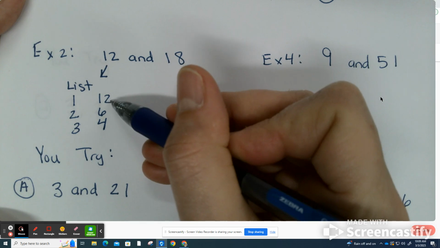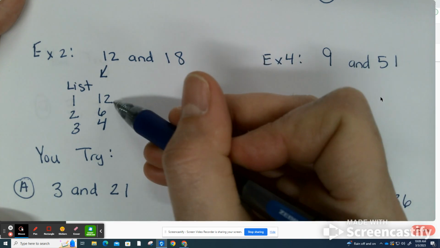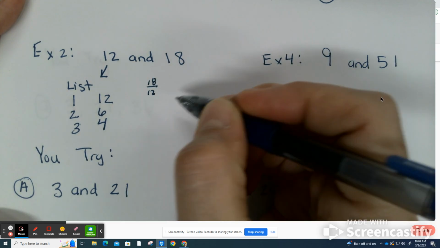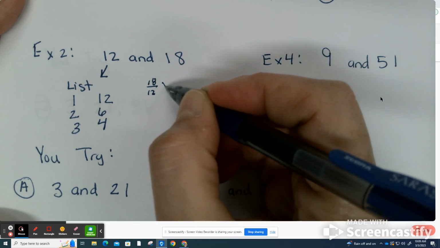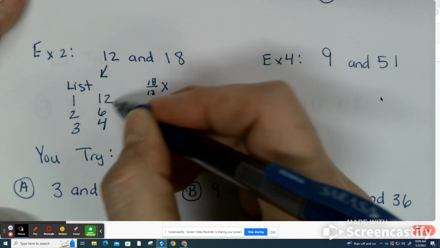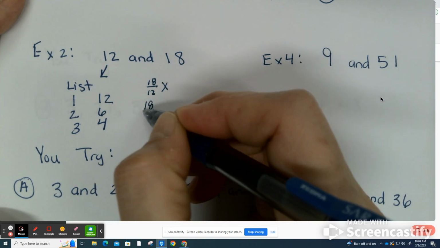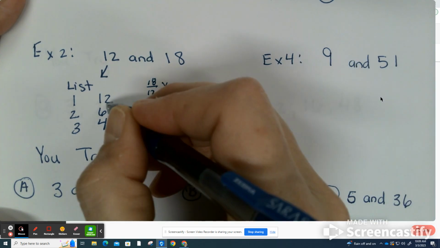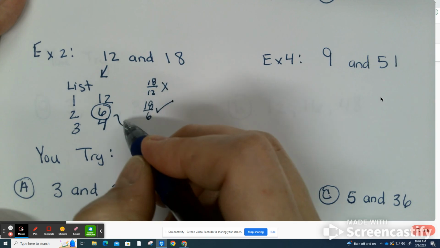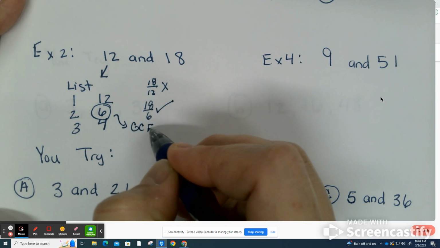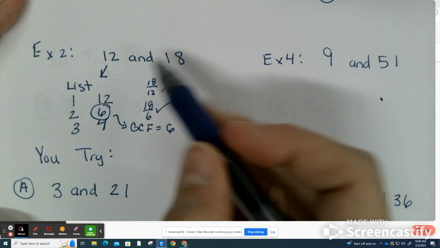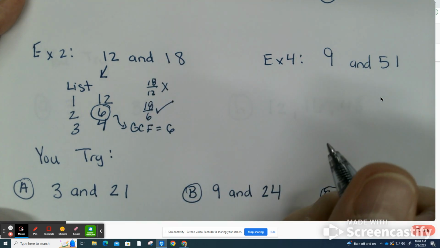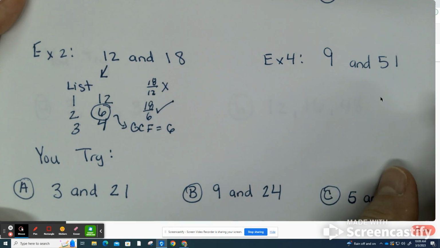All right, so now the largest number is 18. So I'm going to take 18 and divide it by 12. Okay, so this one's a little longer. Is 18 divided by 12 a whole number? No. So now I'm going to do 18 divided by 6. Is 18 divided by 6 a whole number? Yes. So 6 is my GCF. That means 12 and 18 have a common factor of 6. All right, so example 4, this